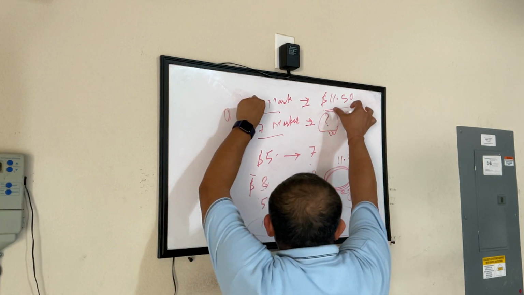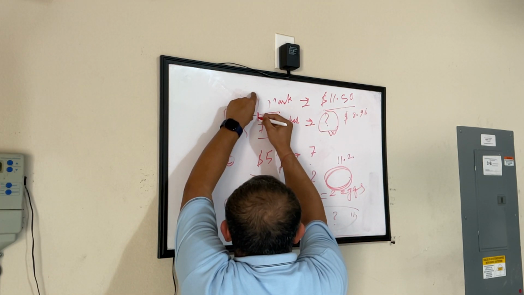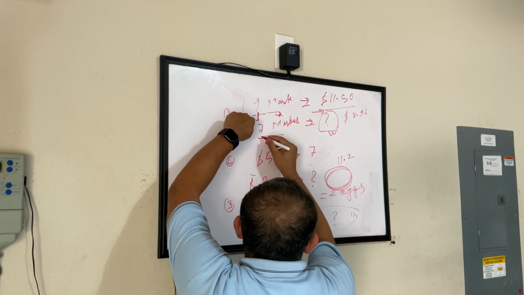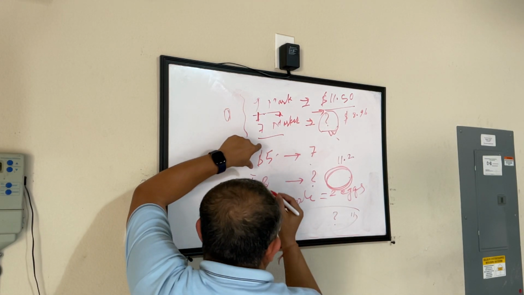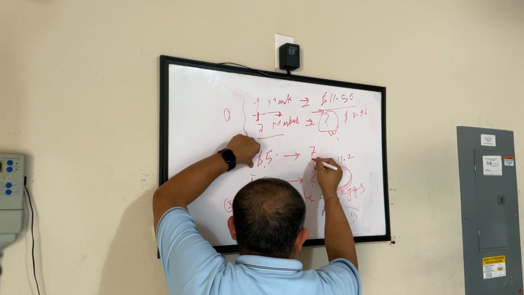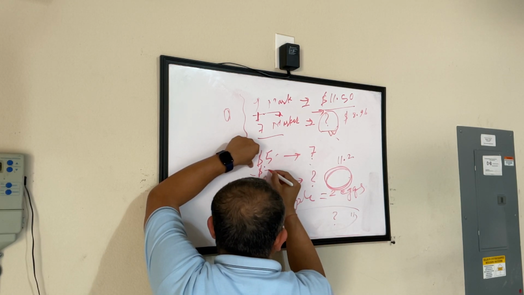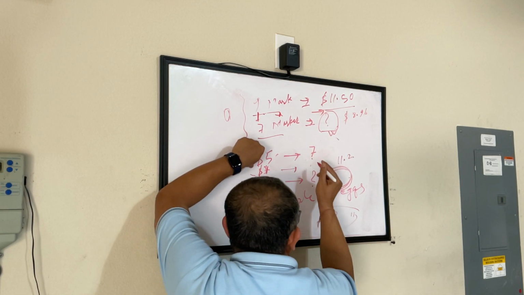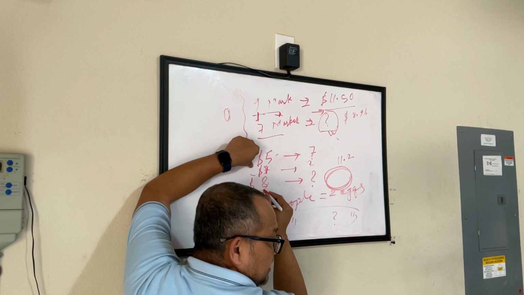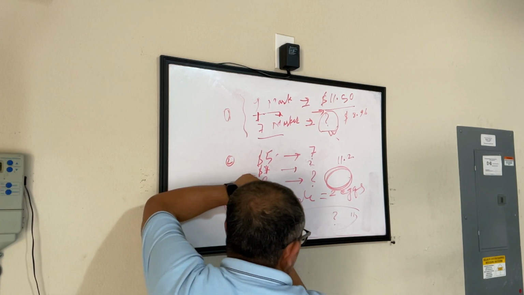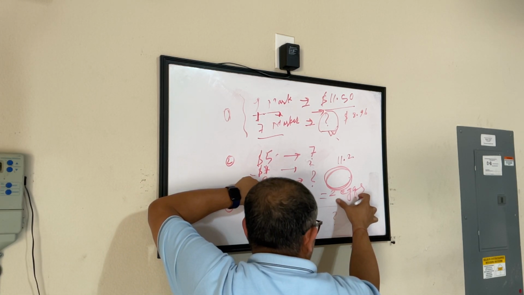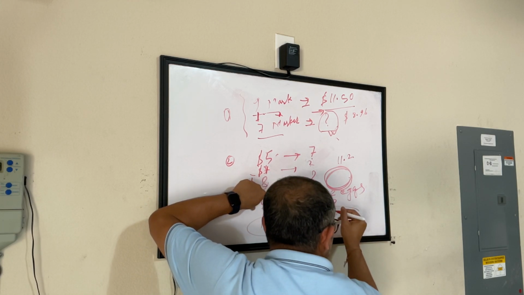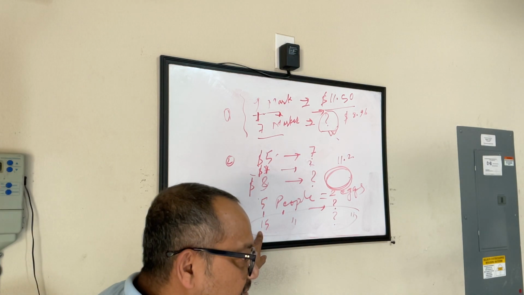8 markers come for this. How many dollars will one marker come for? And then whatever is the value, I'll multiply that by 7. That will be my answer. $5 can help me buy 7 apples. $1 will help me buy how many apples? I'll find that out. Okay? And then multiply that by 8. I get my answer. 5 people need 2 eggs to make the cake. 1 person, how many eggs will be needed? And multiply that by 15, that will be my answer.